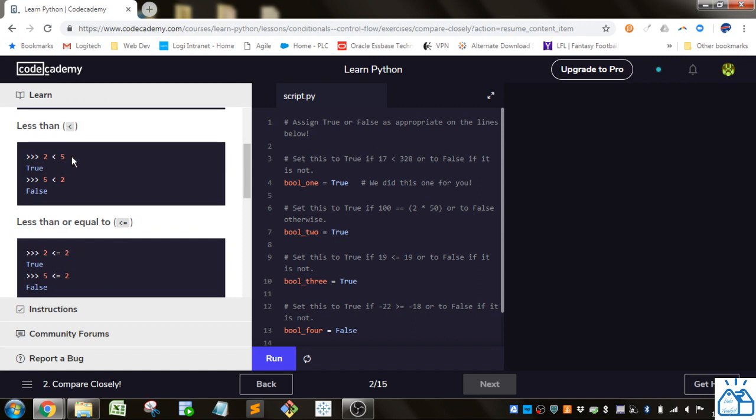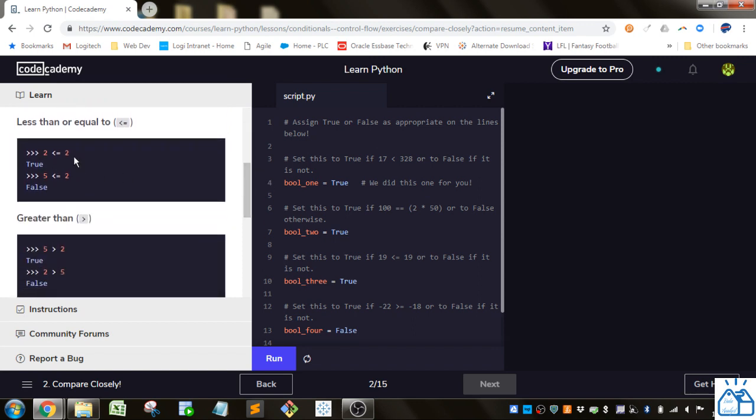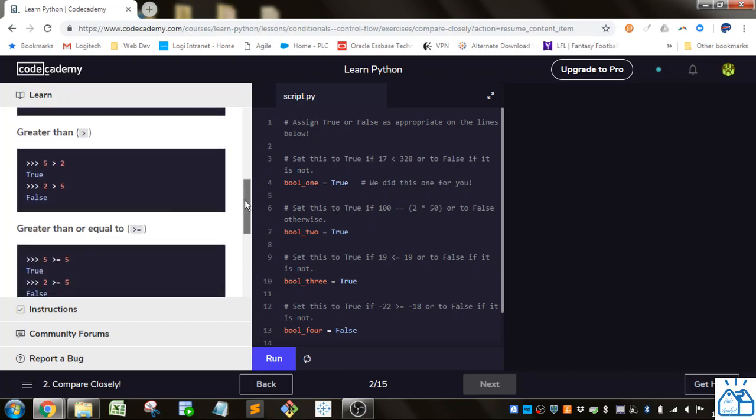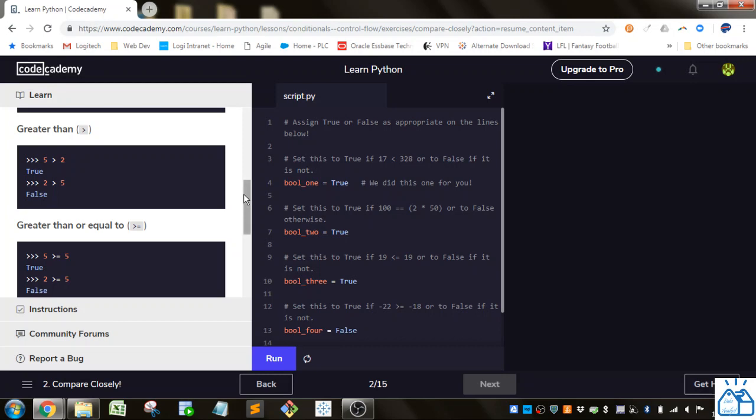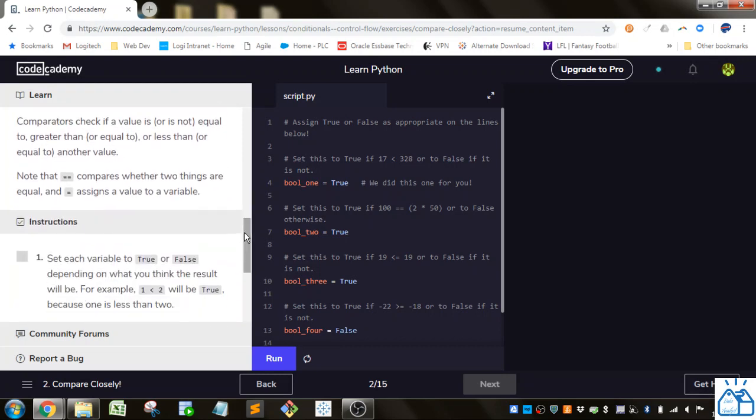The less than works as you would expect. Less than or equal to, again, works as you would expect. Greater than works as you would expect. Greater than or equal, etc. Comparators check if a value is or is not equal to, greater than or equal to, or less than or equal to another value. Note that double equal compares whether two things are equal, and one equal sign assigns a value